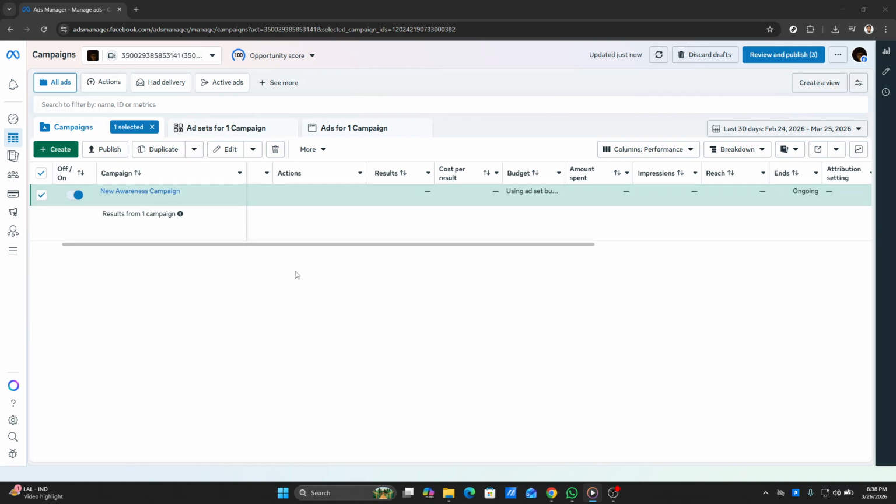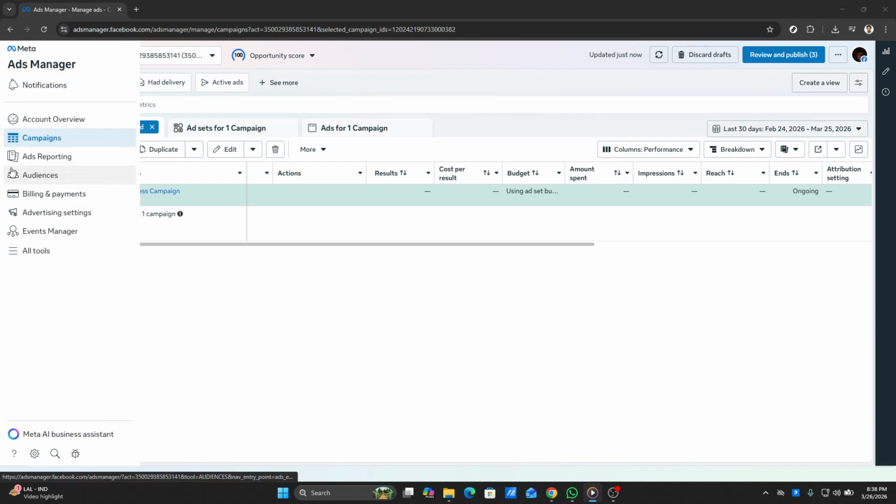Next, look for the Billing and Payment section. It's usually located in the top navigation bar. Clicking on this will take you to a section where you can manage all things related to your ad expenses. This is crucial because keeping track of your billing ensures that your campaigns run smoothly without unexpected interruptions due to